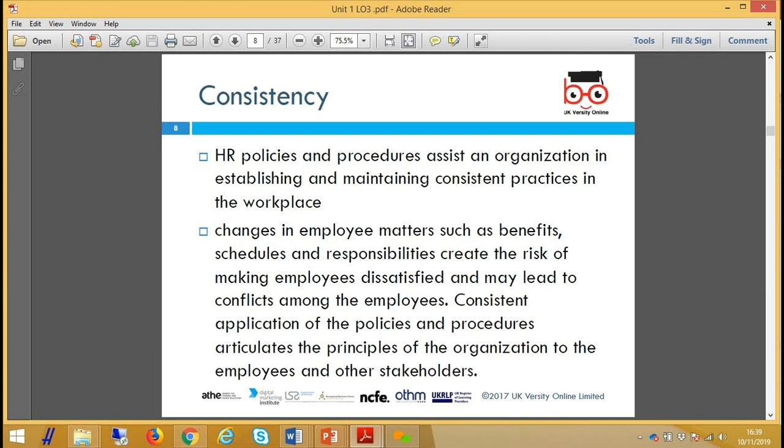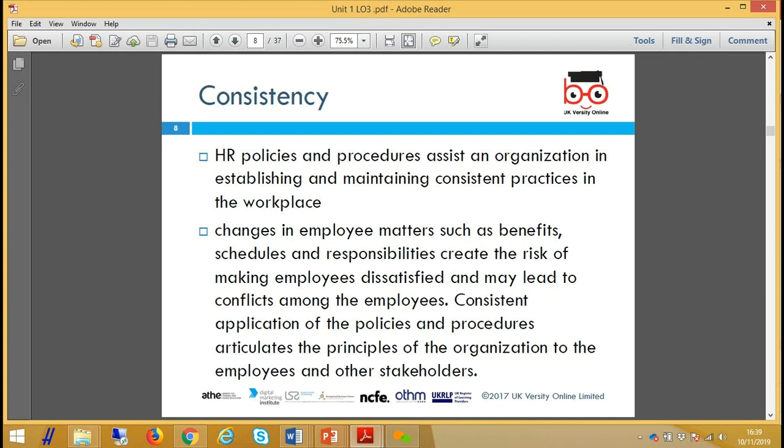So you need policies that will have consistency. Number one. Number two, you can have the policies, but line managers don't implement them with consistency. Line managers try to be flexible or friendly with the employee, or harsh with the employee. So having the policy is not sufficient. The employment tribunal wants to know not just that you have a consistent policy, but that you have been implementing it consistently. And that is the job of HR, to ensure line managers stick to the policy and implement it consistently. If not, when you go to employment tribunal, you're going to lose that case, and you can lose quite a lot of money as damages, as compensation for the employee.